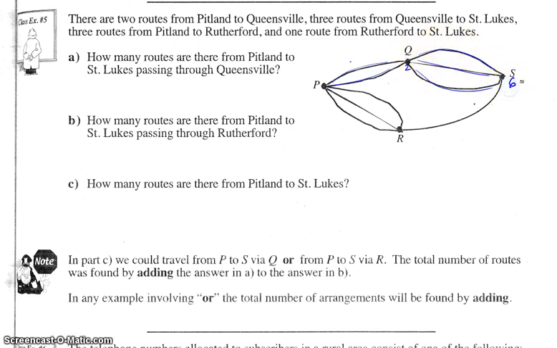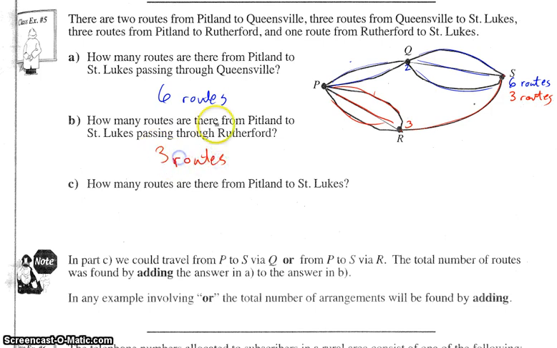So a total of 6 routes to get to St. Luke's. 2 to get to here, and then from those 2, we could go any of these 3. So 2 plus 2 plus 2. So the answer should be 6 routes. How many routes are there from Pitland to St. Luke's passing through Rutherford? So that means this time we need to go this way. So to get from Pitland to Rutherford, we have 1, 2, 3 possibilities, so 3 routes to get to here. And then Rutherford to St. Luke's, there's just the one way,